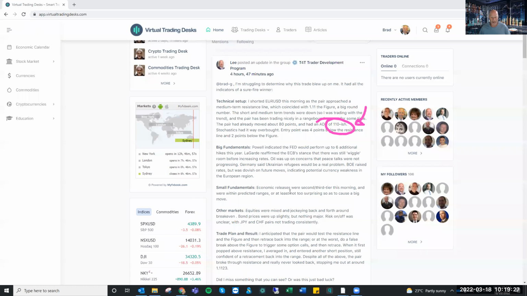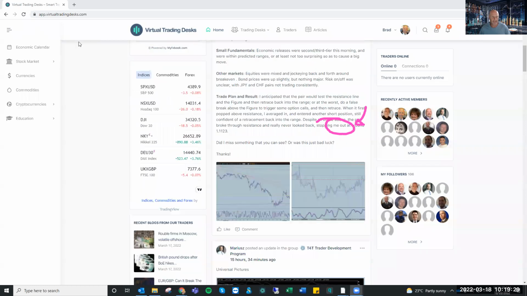So down the bottom there, did I miss anything? Well, you didn't miss anything. You had everything in there, but you just probably didn't respect the range and how far it could go. You'd be thinking everything lines up here perfectly. The only thing that isn't in the picture is the range, and it could pop above, right? So that's a bit of a cruel one because you can see it's lower than where you entered the market now, which is pretty brutal.